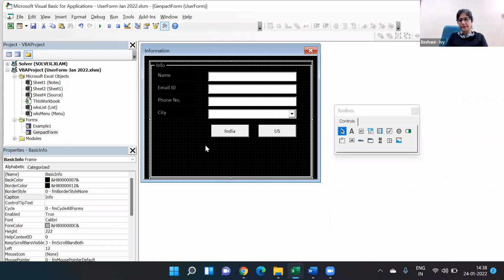Okay, Shivani, quick question. In the city, there is a drop down. So how do we insert the text under those drop downs? That we have to program. Everything needs to be programmed. Okay, got it. So how a value is going to be put in a text box,